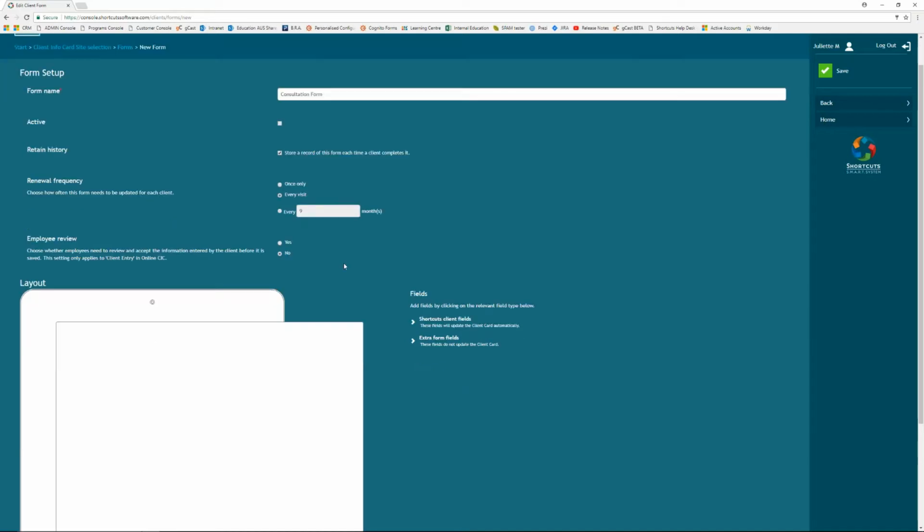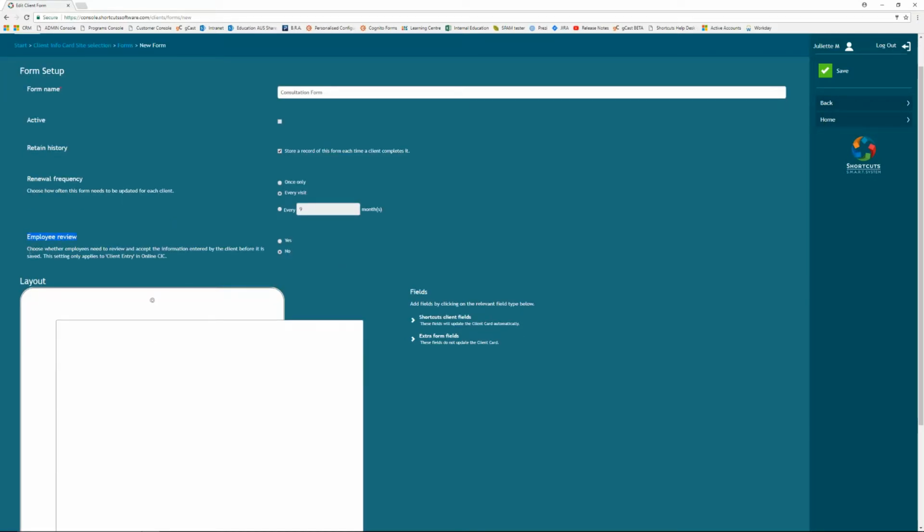All right, so next is the employee review option. Choose whether employees need to review and accept the information entered by this client before it is then saved. So this setting only applies to client entry in the online CICs. For example, the client fills out their information using the iPad or the tablet device. They then hit or select the Done button to save their information that they've entered. That device then gets handed back to the stylist or the therapist or the staff member, and then that staff member would need to review that information before that form is completely saved and stored